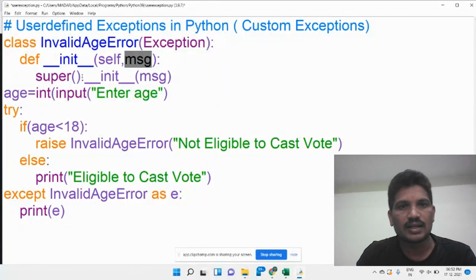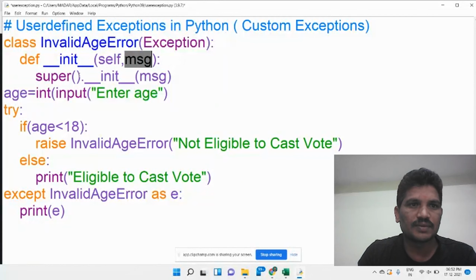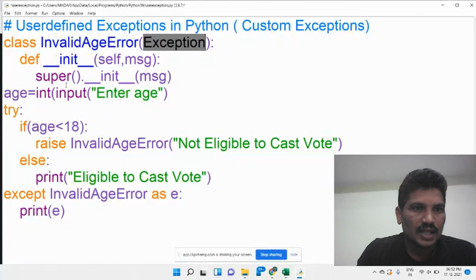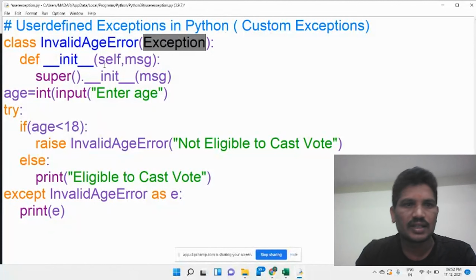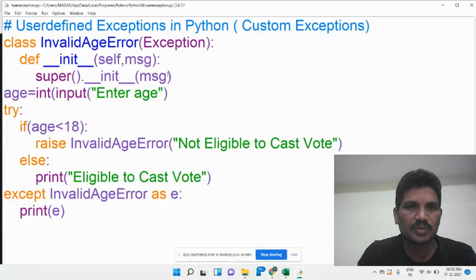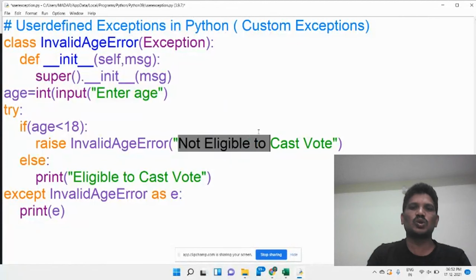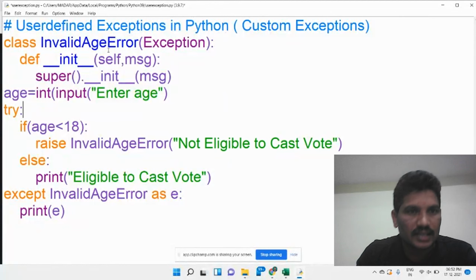Then I would like to invoke the superclass of InvalidError. What is the superclass? Exception is the superclass. So super().__init__: whatever the init method is in the Exception class can be overridden. When you call this method, the existing message is overridden by the new message, not eligible to cast vote.